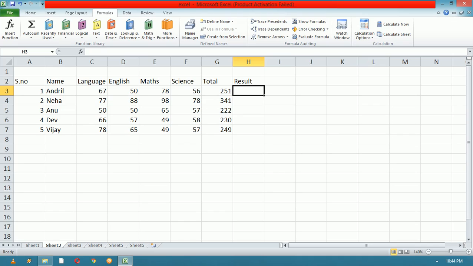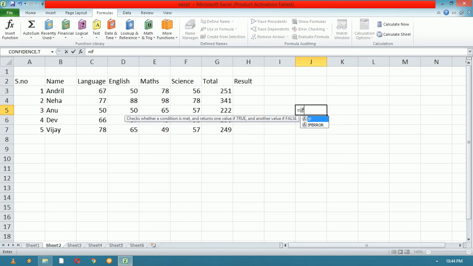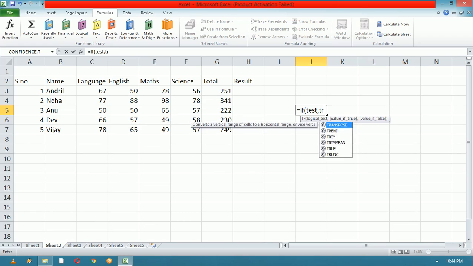So the syntax for the if statement is equal to if, where we have to pass a logical test. If the test is true, we have to type the true part, and if the test is not true, we have to type the fail part.